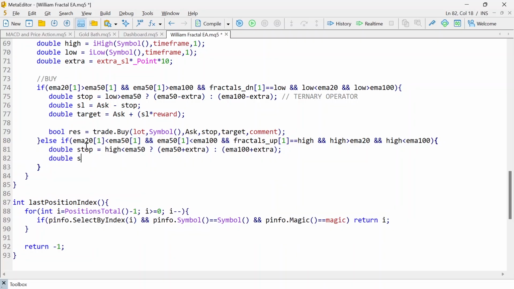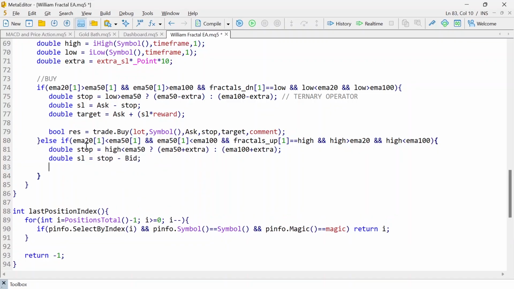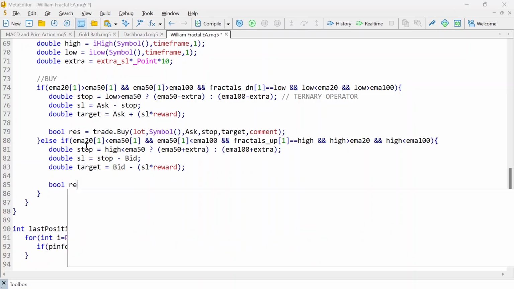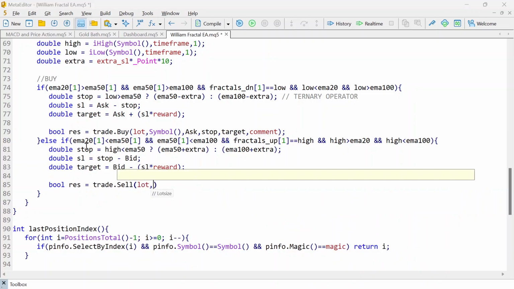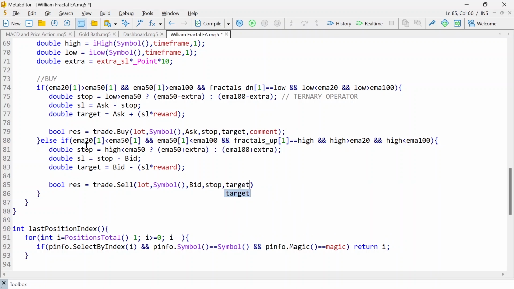It is very simple. So we need to get the difference between the stop loss and the bid price, right? We are expecting the stop loss to be higher, so that means the stop loss minus the bid price, which we can use in determining our target. So the target is bid minus XL times reward to risk, right? Then you can see, lot for the chart symbol, use the bid price, give this stop loss, take this target,